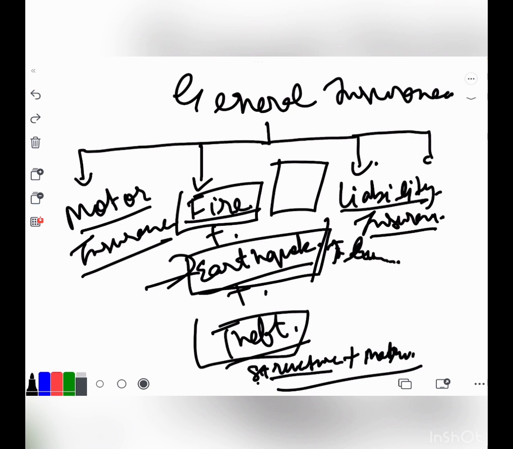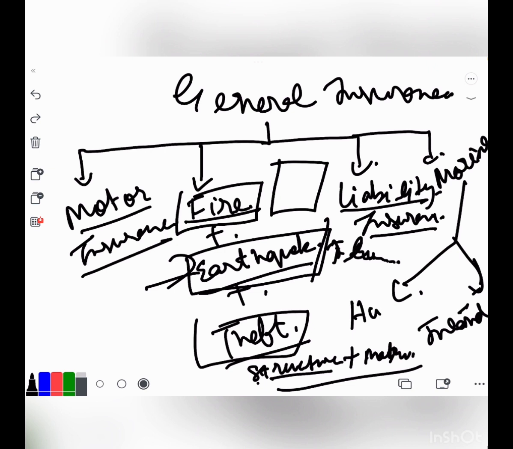Next is marine insurance. Marine insurance includes inland marine insurance. Another is hull insurance. What is hull? This is the ship. This is the ocean. The part of the ship which is in the ocean is called the hull. When there is an accident, this area will be destroyed first. That's why it's called hull insurance, in the sea.